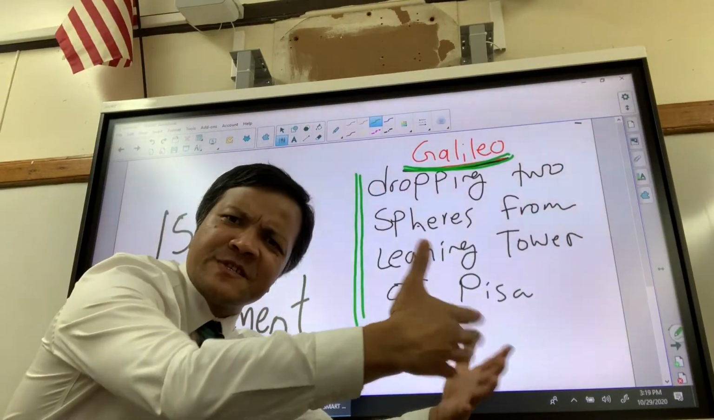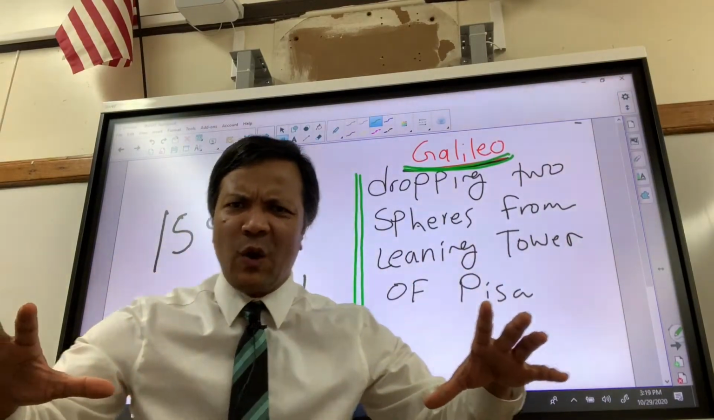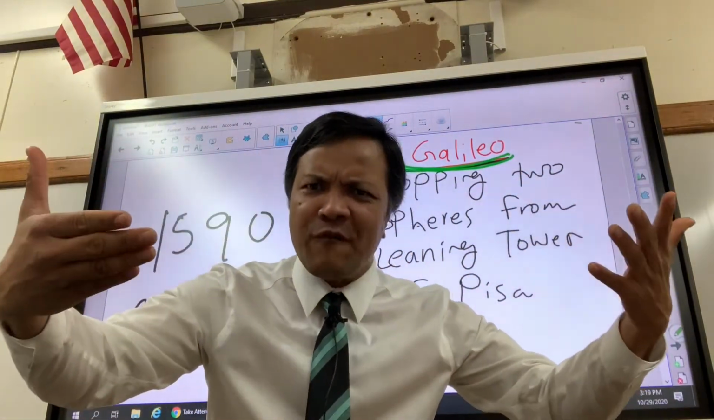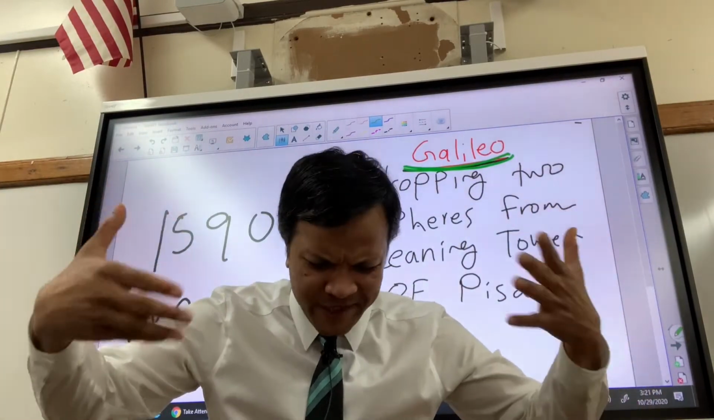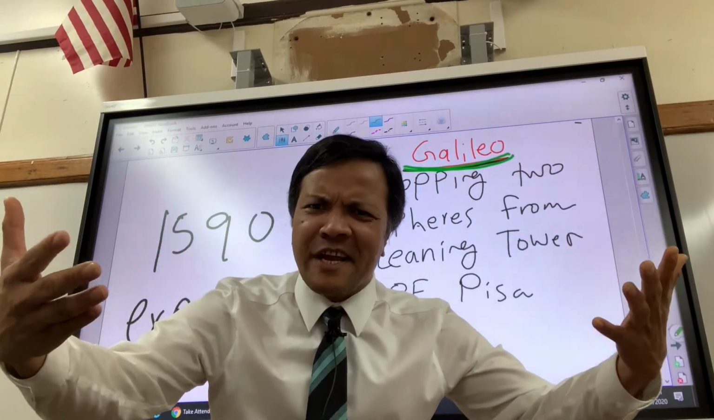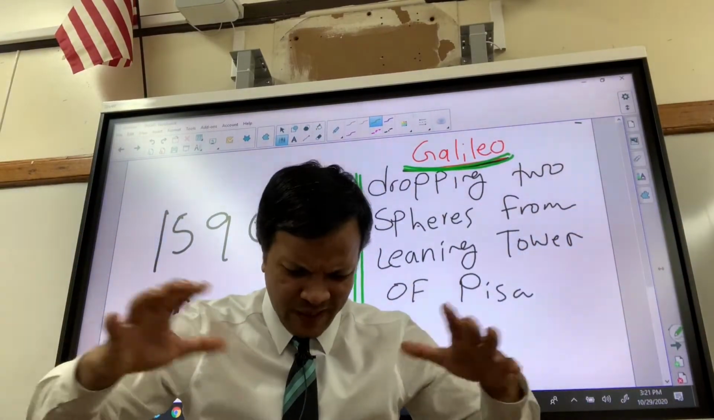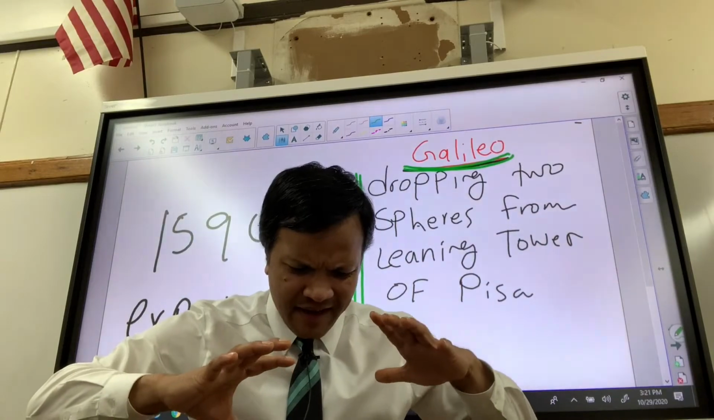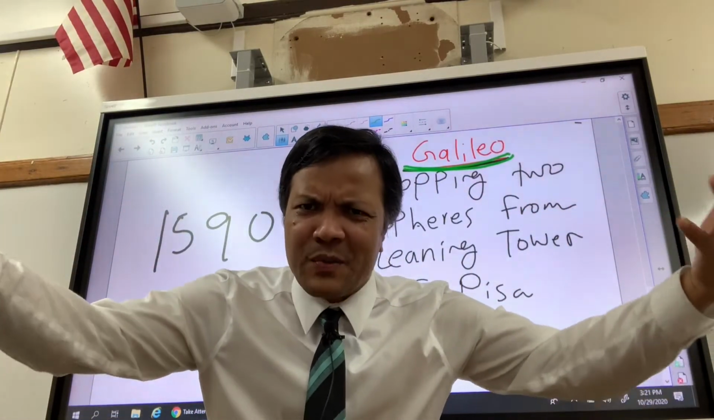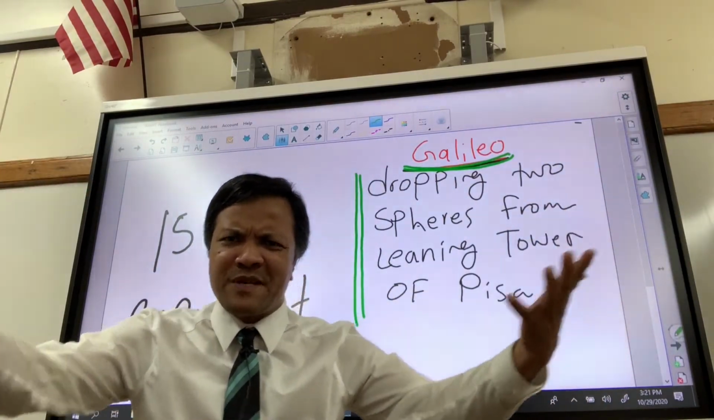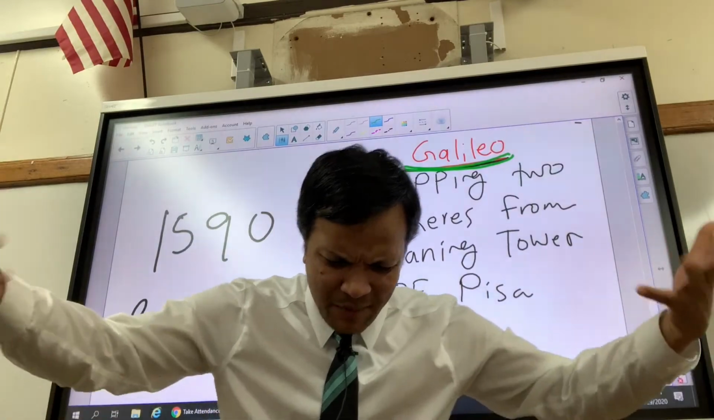In 1564 in Italy, Galileo was born. In 1589, at 25 years old, he became the professor of mathematics at the University of Pisa. One year later, in 1590, 26-year-old Galileo did a famous experiment. He dropped a sphere from the Leaning Tower of Pisa